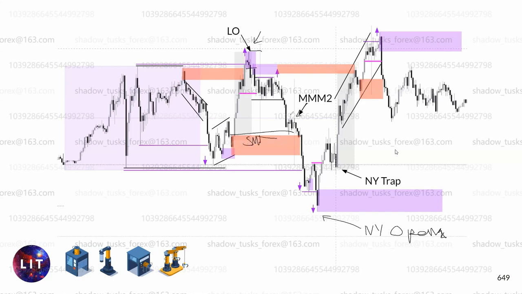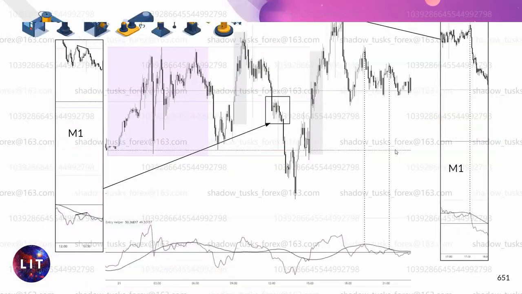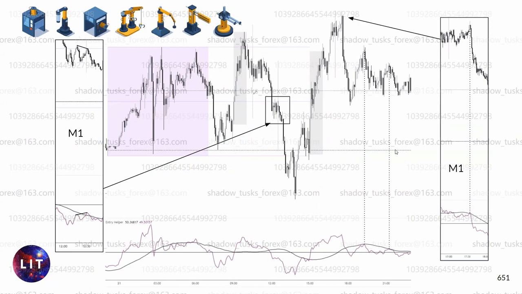So even though this EDM right here, I'll show you it's an EDM. But yeah, it's quite risky. But like I said, I was in this position here and I was very confident of this coming down to here. Anyway, we're getting a bit far ahead of ourselves. You can see that live on the edge. And then, of course, New York trap. Then let's open the entry helper and see what additional confluences we could have had. So as you can see, the nicest confluence was the M1 EDM right here at New York,